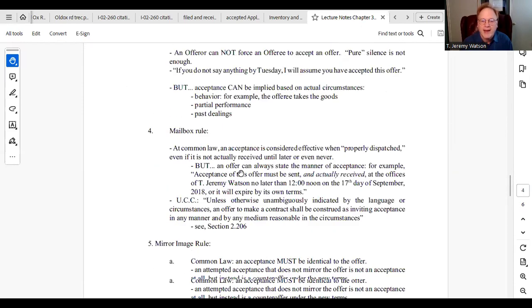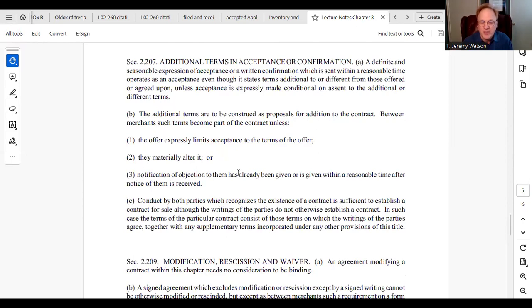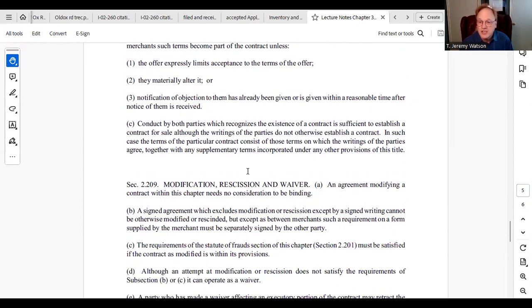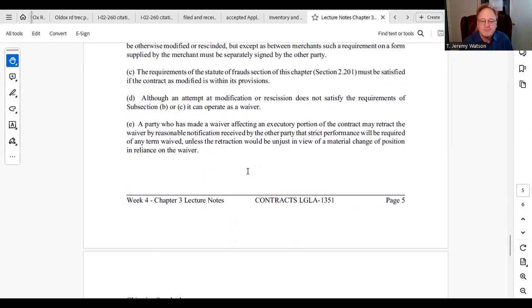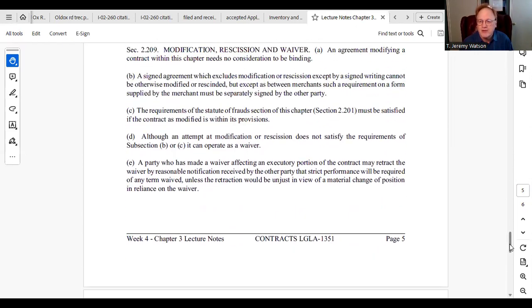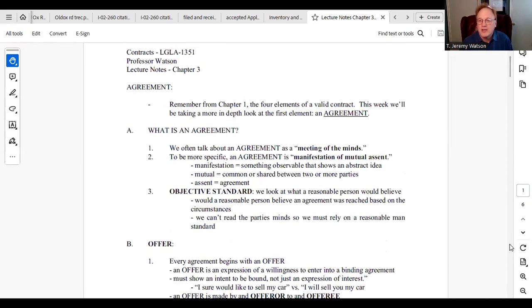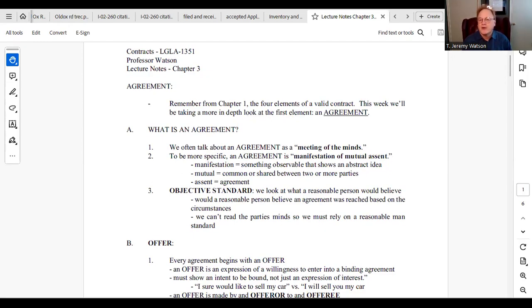But if you come down here to the back, I've also cut and pasted a couple of statutes for you from the UCC. We'll be talking about our new friend, the UCC, some this afternoon, and about how UCC law is different from the common law. So those two sections from the UCC are right there. You could, of course, find those yourself, but those are in the class notes if you want to take a look at those. Otherwise, let me pull up the PowerPoint. I think that may be easier. Let's start there.